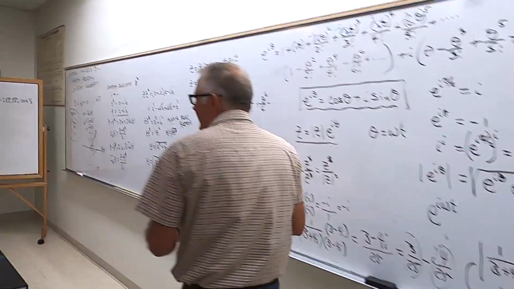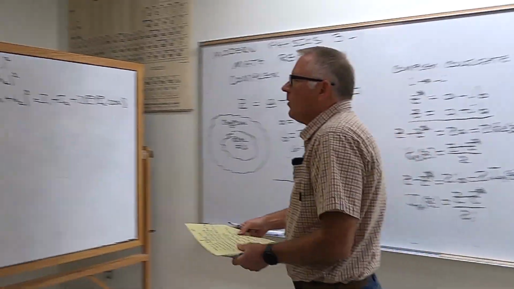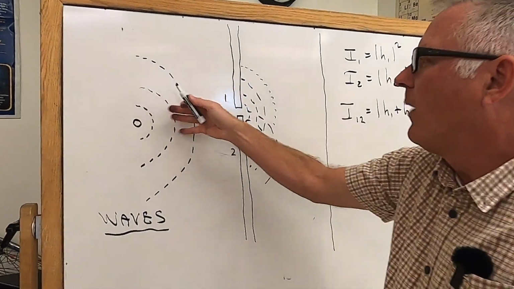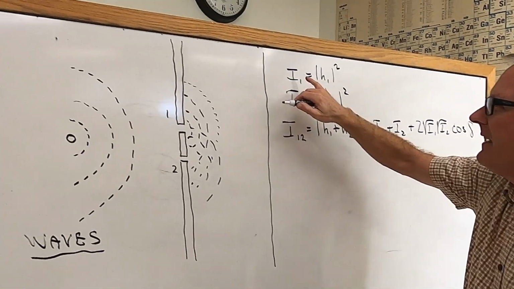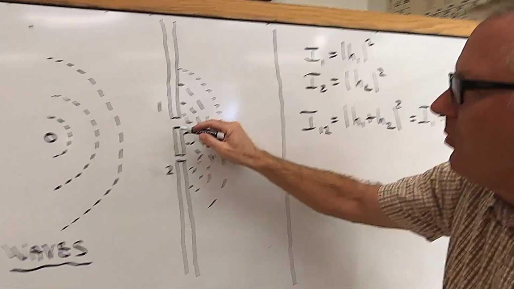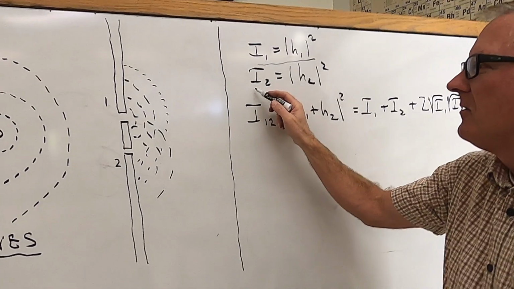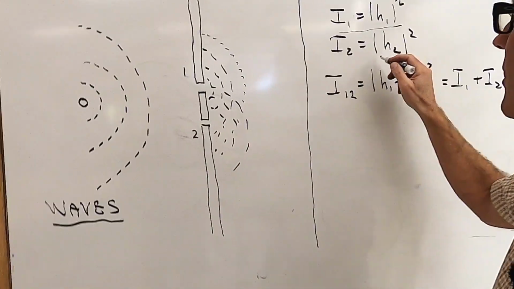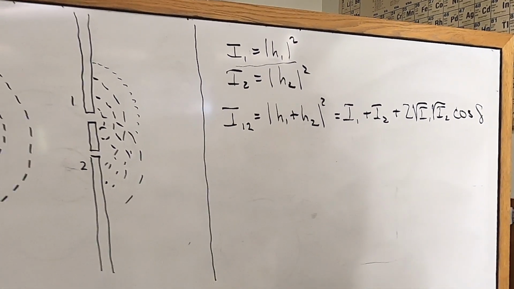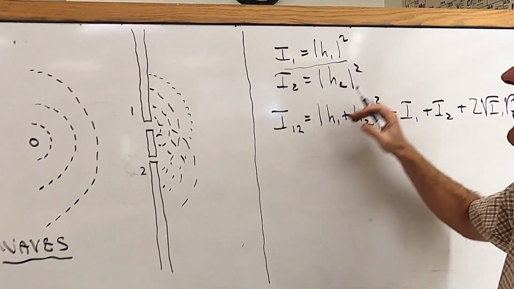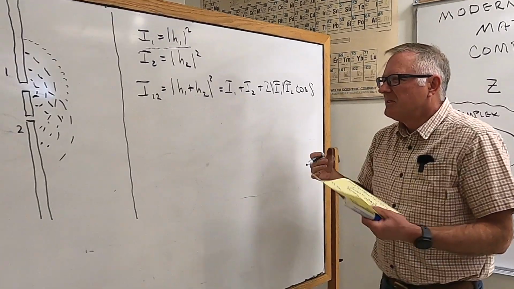Now, you notice on the last lecture, when we did particles versus waves, we said that there was some sort of a wave coming here, and we said the definition of the wave, the intensity at a certain point due to hole number 1, was given by this right here. And we said the intensity given by hole number 2 was given by this, where h is the height that you're going up and down. And we said when you open up both holes, you had to add the h's together and then find the magnitude squared. Well, I left off some steps here